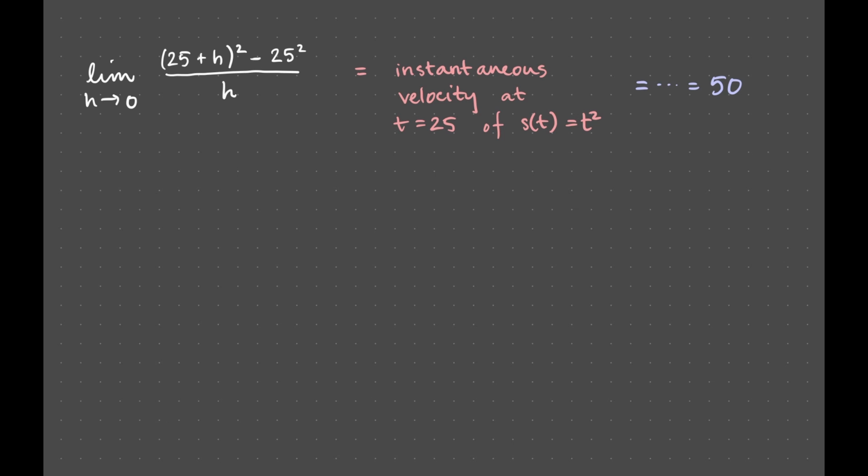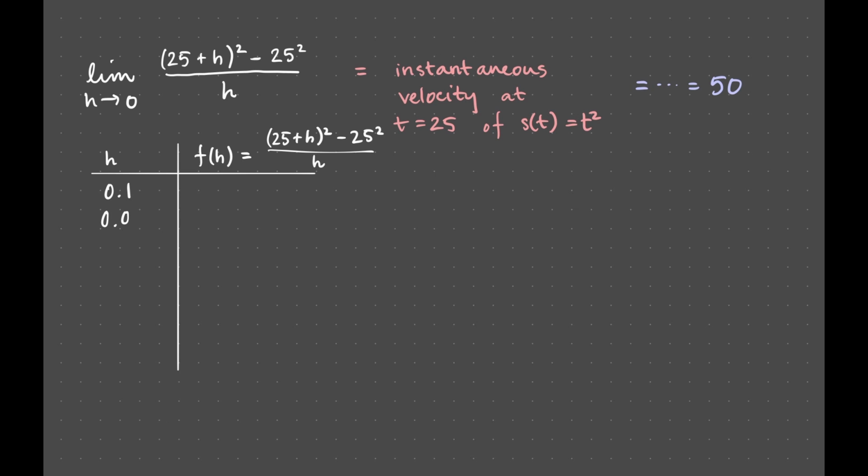One of the first ways we actually arrived at the number 50, if you recall, was through a table. In particular, if we think of h as a variable and define a function f(h) to be (25 + h)² − 25² all over h, then we can think of f(h) as the average velocity of the car over the interval from 25 to 25 + h. By creating a table of values for small h, we can try to understand the limiting behavior as h goes to 0. In particular, in the previous video, we used the values of h that were 0.1,